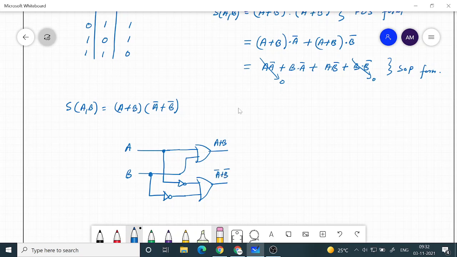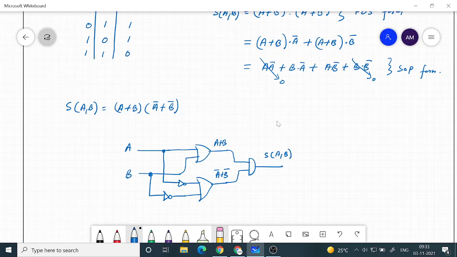This is the direct implementation using the basic gates. And then finally I need an AND gate which will basically combine these two.